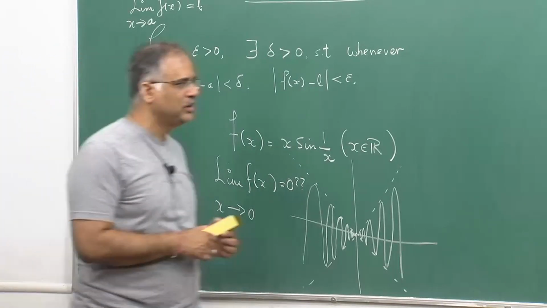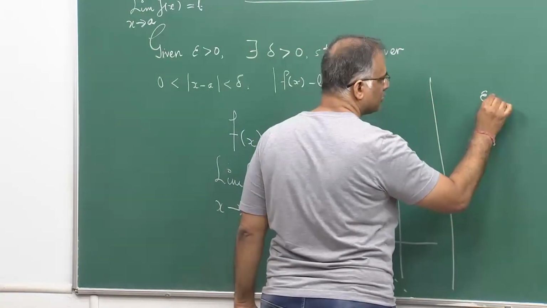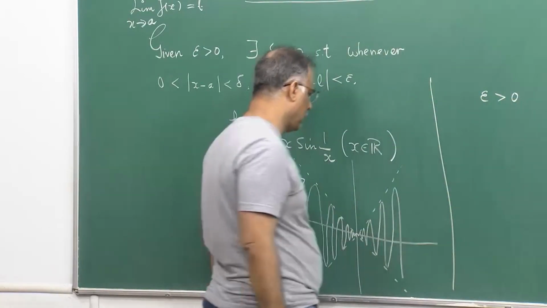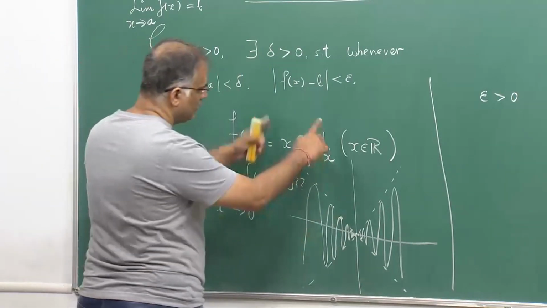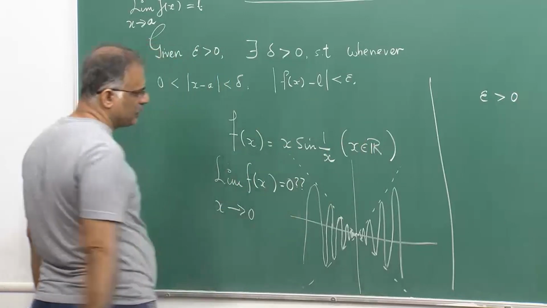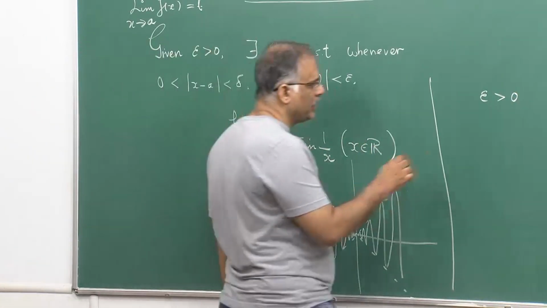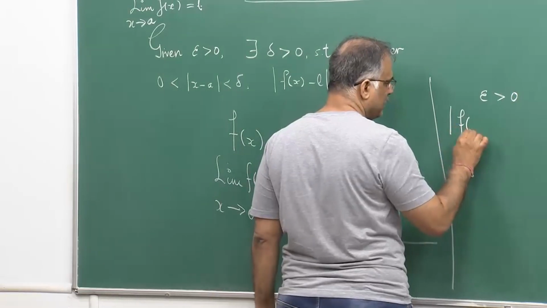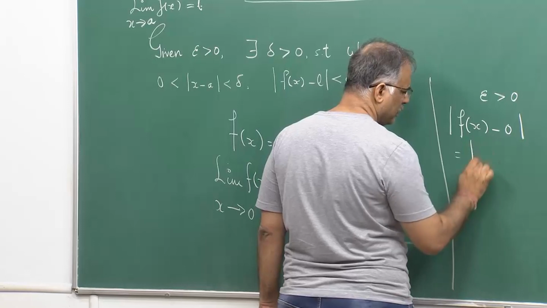But here it turns out that it is very simple. Take any epsilon greater than 0 and I know that this would be strictly less than epsilon. I want to make this strictly less than epsilon, because now I am just looking at this. If the limit L is 0, then I am looking at this, which is the same as